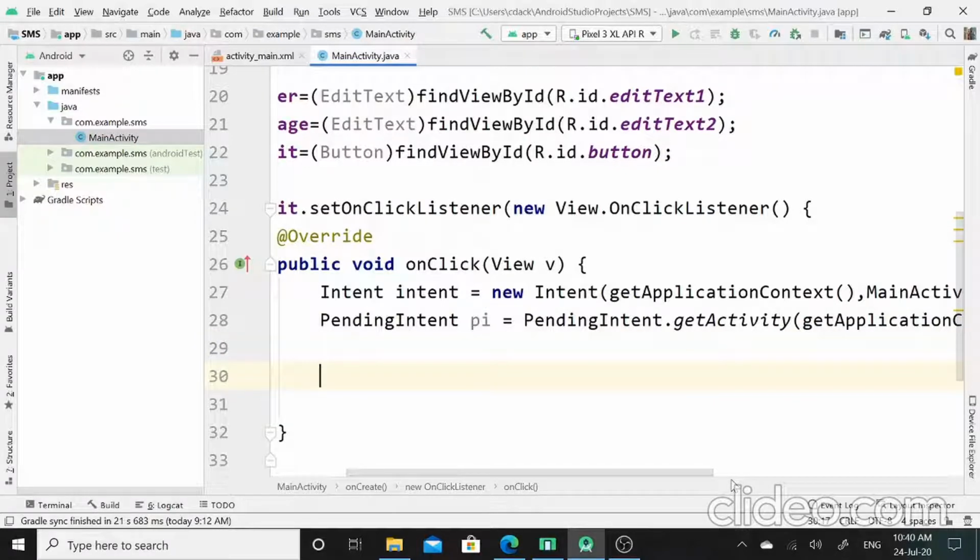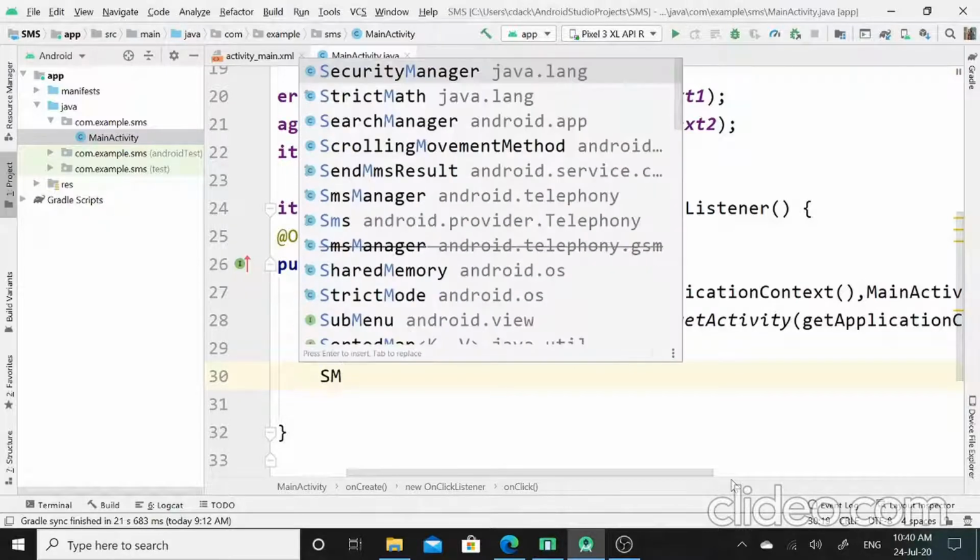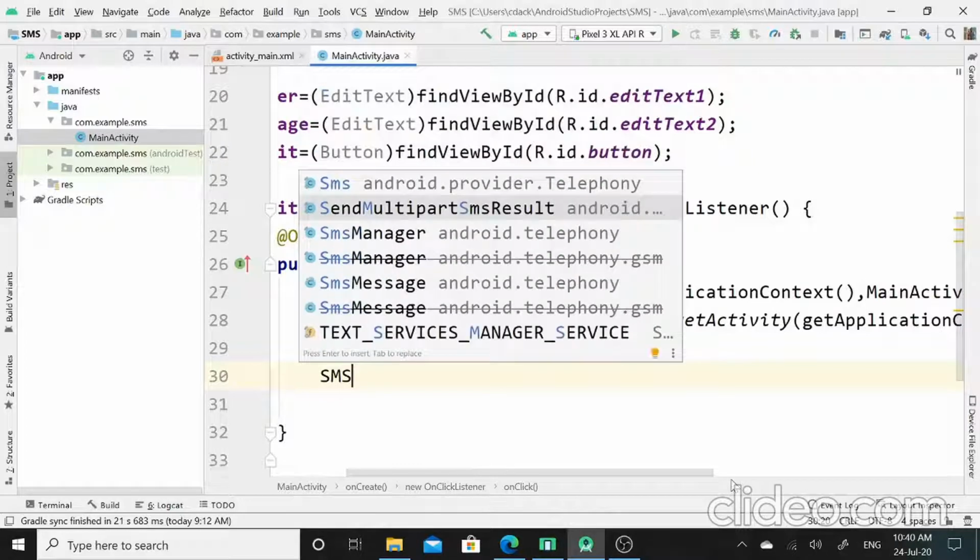So in next line I will create the reference for SmsManager class. So this is SmsManager class which is present in android.telephony package.